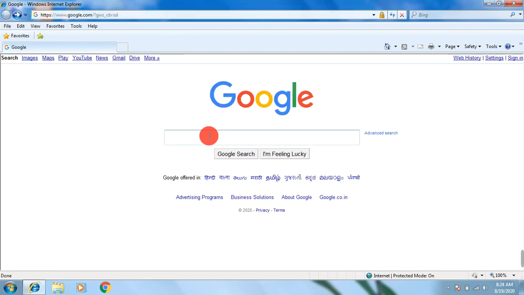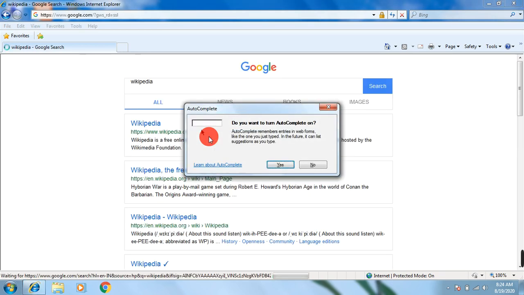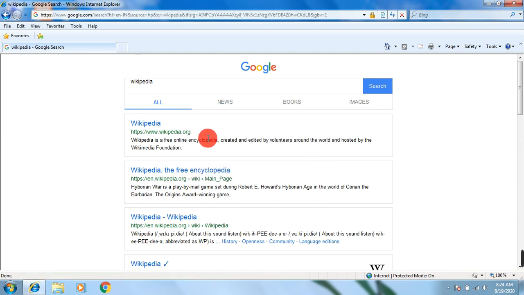I think this address is not correct, so I'm going to search for the web address of Wikipedia. Let us see. So the address for Wikipedia is www.wikipedia.org.